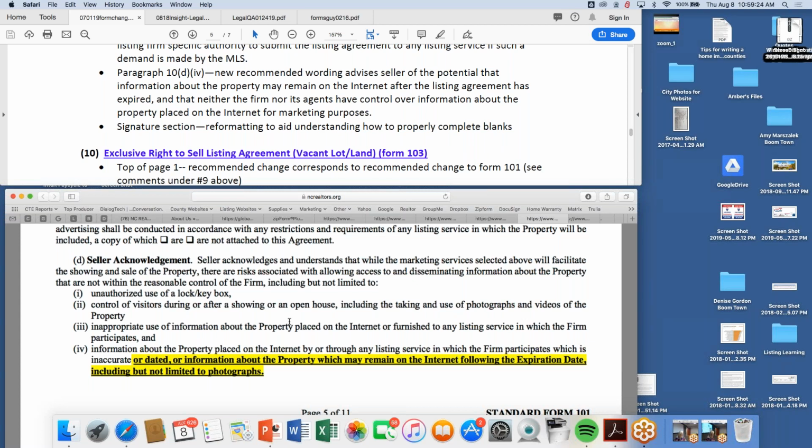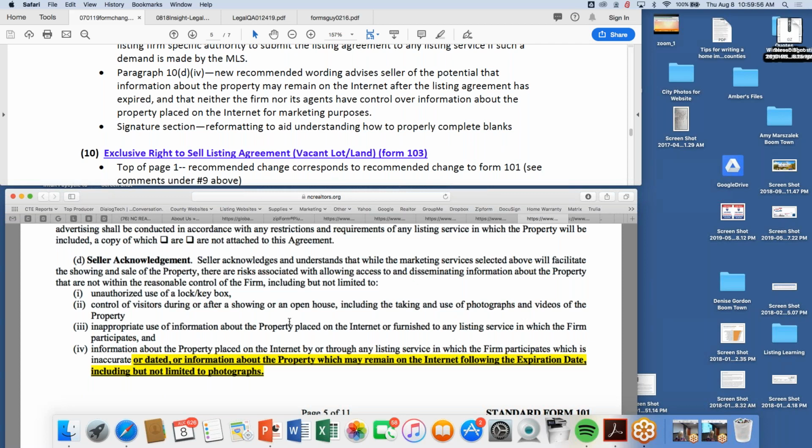And if we look at the seller acknowledgement, we really should probably read it so that you know what it says, because it comes up a lot. Some of you might have read it and know it by heart, but I bet others of you haven't even paid attention to some of the changes over the last couple of years. So the seller acknowledges and understands that while the marketing services selected above will facilitate the showing and sale of the property, there are risks associated with allowing access to and disseminating information about the property that are not within the reasonable control of the firm, including but not limited to: